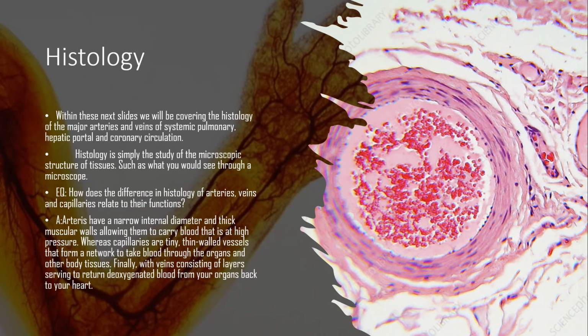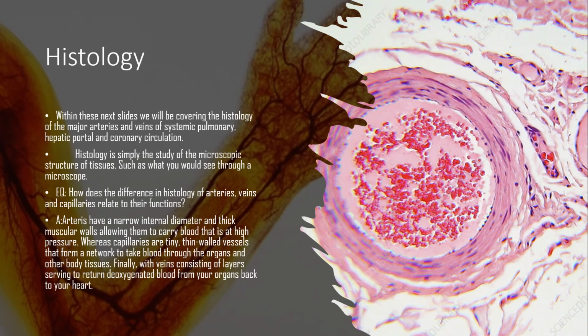Within these next slides, we will be covering the histology of the major arteries and veins of systemic, pulmonary, hepatic portal, and coronary circulation. Histology is simply the study of the microscopic structure of tissues, such as what you would see through a microscope. The essential question is, how does the difference in histology of arteries, veins, and capillaries relate